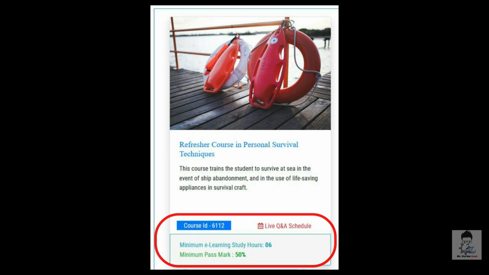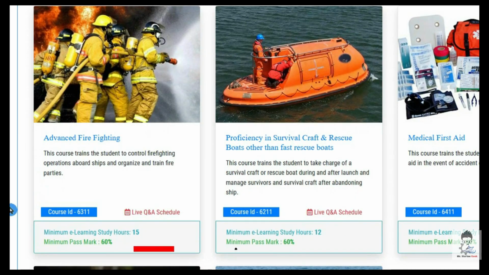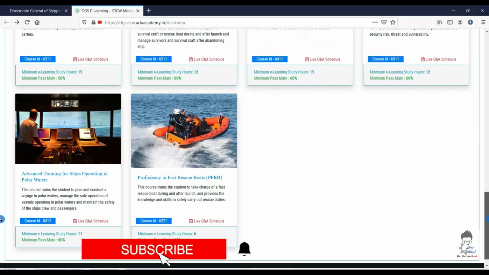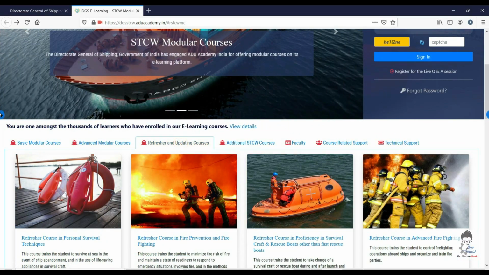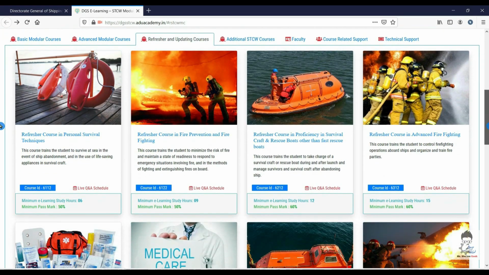So I'm just giving an example where you can see that different STCW courses have different passing marks, 50, 60 or 70 as the case may be, and you should look very carefully at what the passing percentage is. And now this is the refresher courses tab.